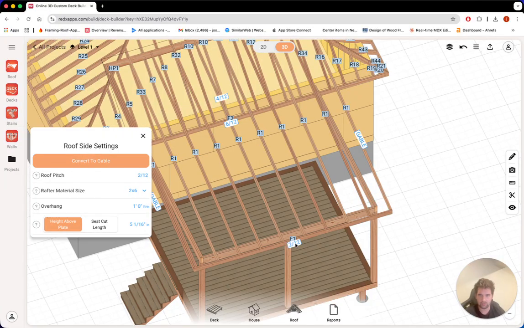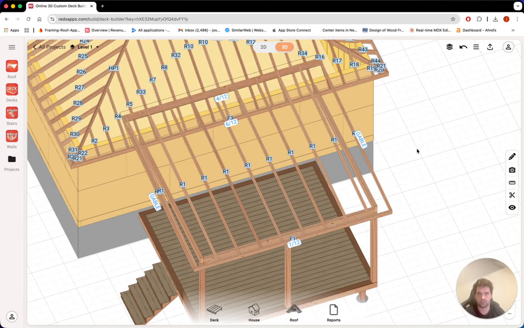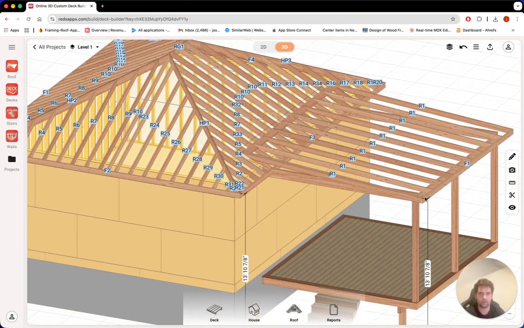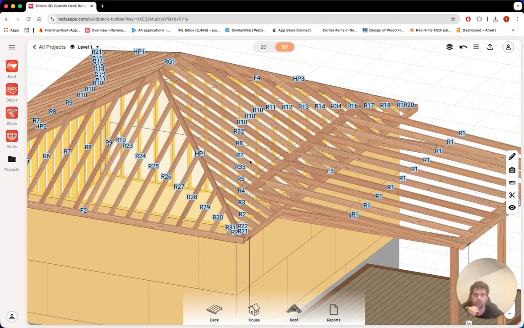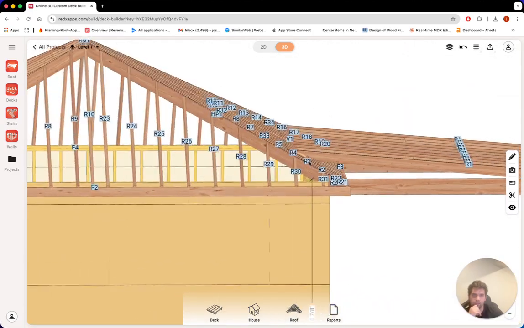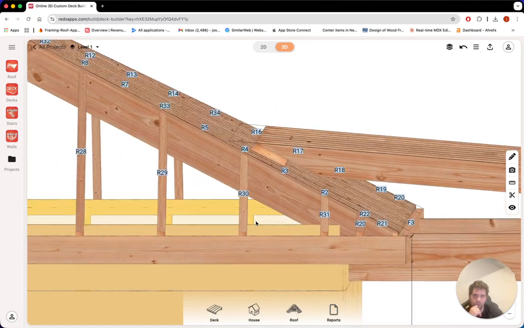Let's go for a 112 on this pitch, just to get an example here. And you see how it's starting to shape out, and how all the roof updated automatically to land on the main roof house structure. And it gets pretty accurate, but if you go, you can see how